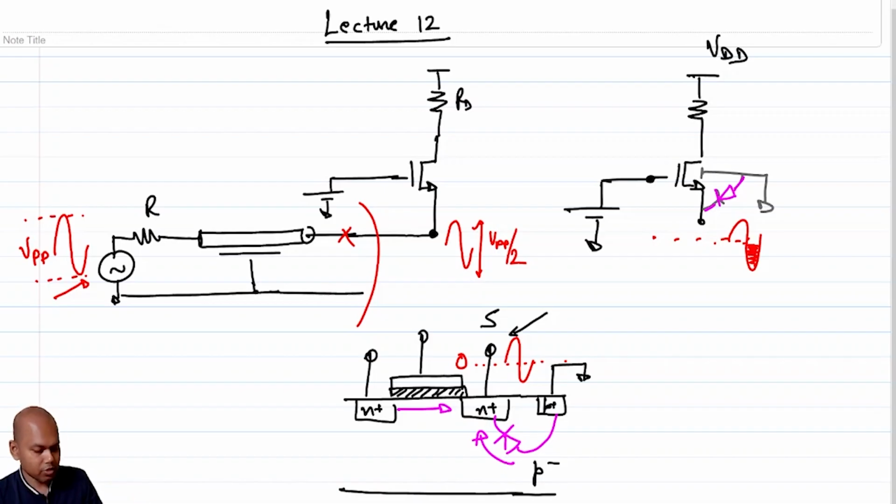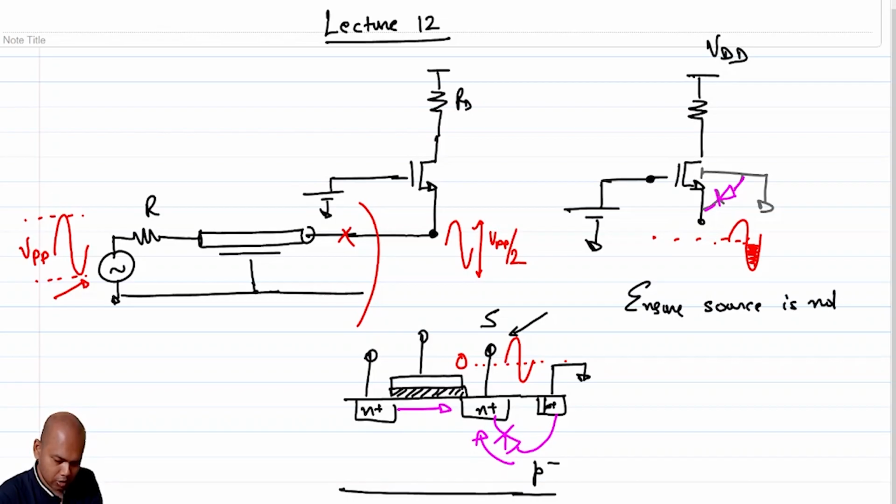If you never want this to happen, then what measures should we take? We should ensure that the source is not connected to ground, not physically connected to ground. Okay, so then what are the possibilities? So what is the key takeaway? Ensure source is not connected to ground